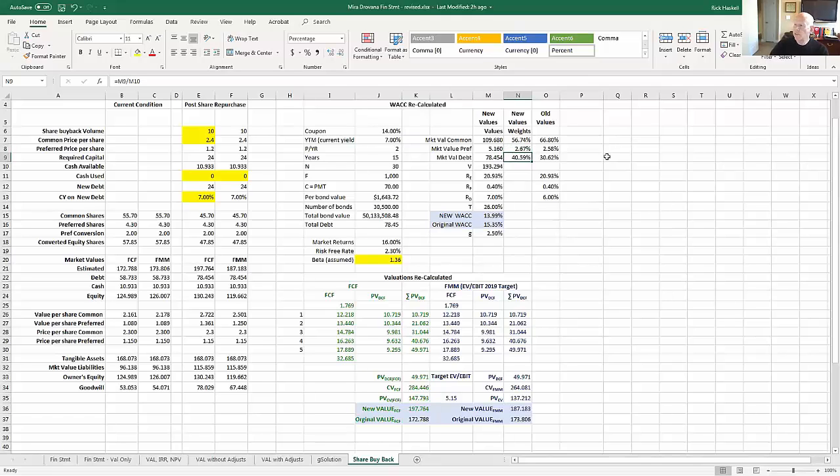And notice that we were at just over 30% in terms of our debt weighting, and our debt weighting's now gone up by almost exactly 10% to just over 40%. So that rearrangement of weights is largely responsible for this reduction in WACC, but there's also an issue of having changed the current yield on the debt to 7%, because we just don't believe that when we're adding that much debt to the company that we're going to be able to borrow it at the same 6% we could have borrowed before this shift. Maybe we should talk for a moment about why it is that we would expect there to be a higher rate.